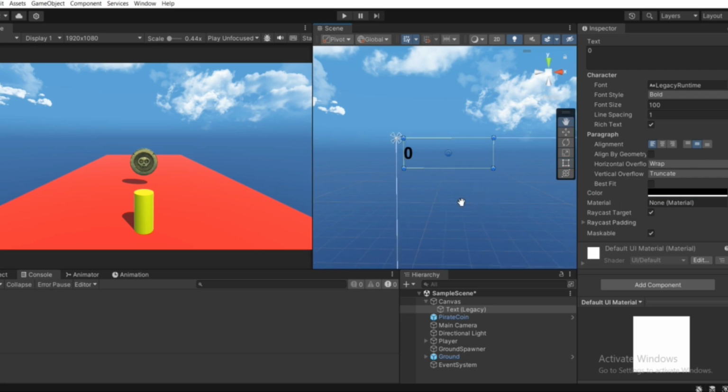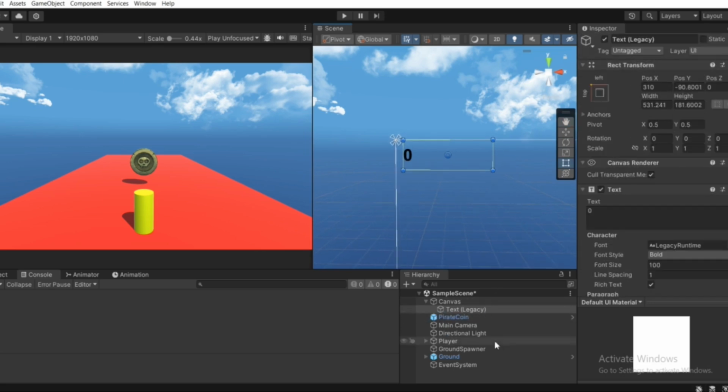And once we're done, let's rename this text to something like coin text. So let's rename this to coin text. Okay, coin text. Now what we need is a reference of this text, so then we can change this value to 1, then 2, and so on. So basically we need a reference of this text, and then we can link up this text with our current